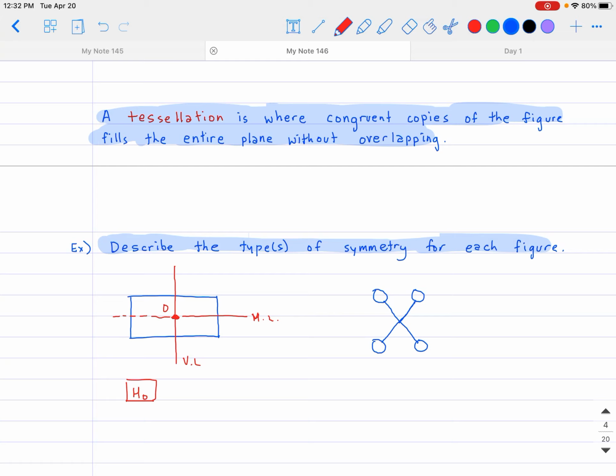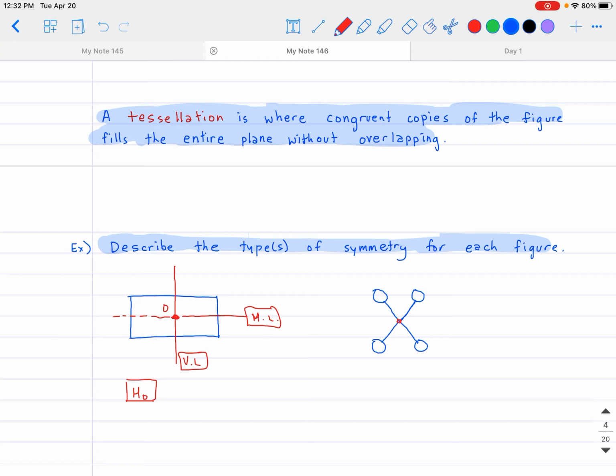That's one type. That's going to be the point symmetry, the half turn. Then there is the rotation about the horizontal line, and then rotation about the vertical line. So there's a total of 3 in this case. Well, let's see. For the second one over here, we can probably say it's the